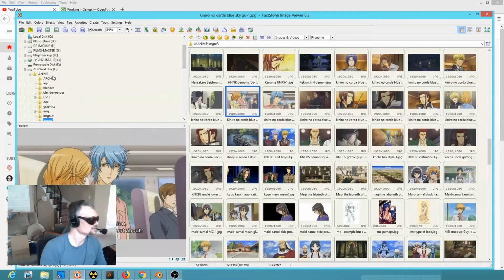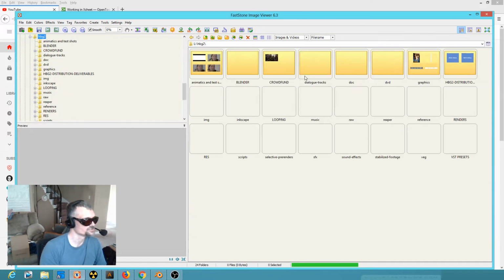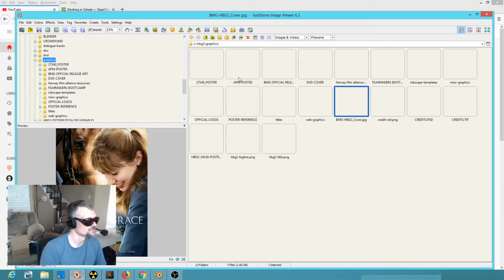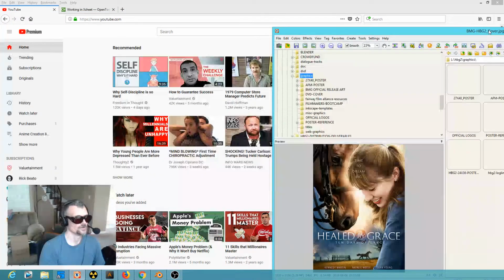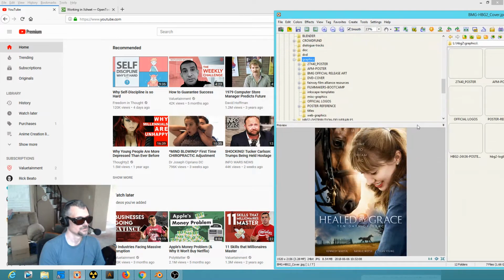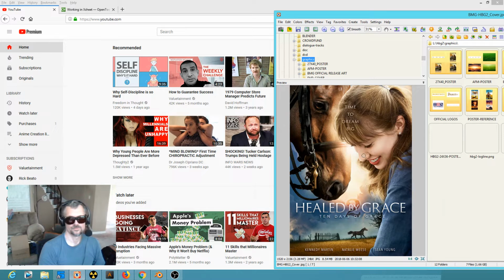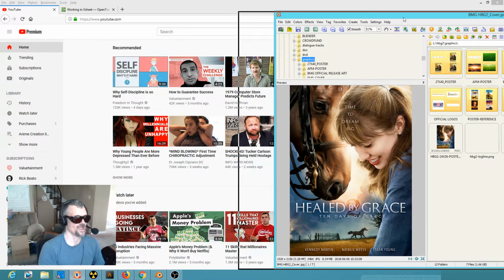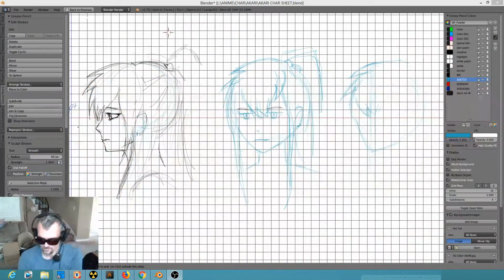Let's see here. Let's go to L drive, healed by Greaase 2, and we're going to go to graphics. And there it is. Actually, there's the movie poster. You can't see it because of the stupid window, but yeah. The Photoshop file for that graphic is really huge, a lot of layers and all this sort of thing. So anyway,